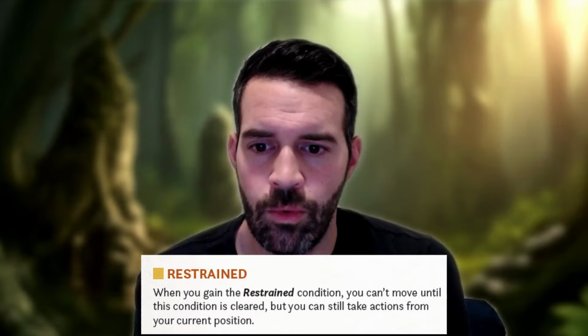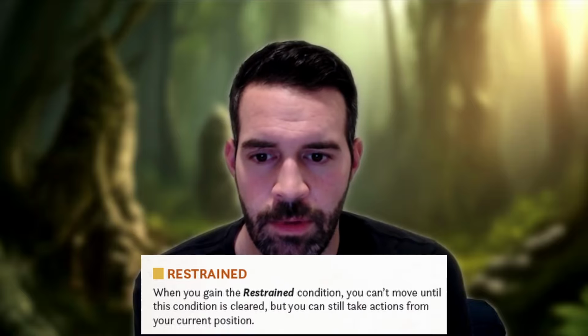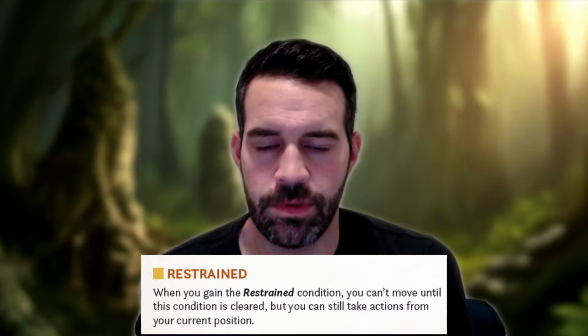Let's read what it says. When you gain the restrained condition, you cannot move until this condition is cleared, but you can still take actions from your current position. So for a GM, when they hit the restrained condition, something has to happen and they have to describe how that is removed. And a lot of times this takes the entire spotlight from the GM in order for them to clear this